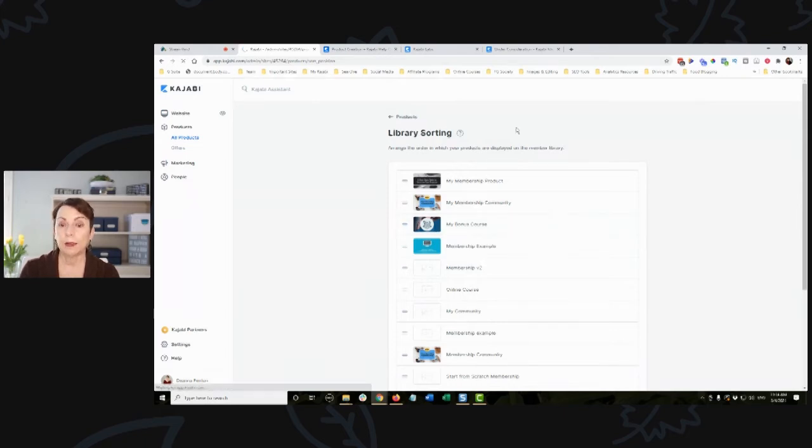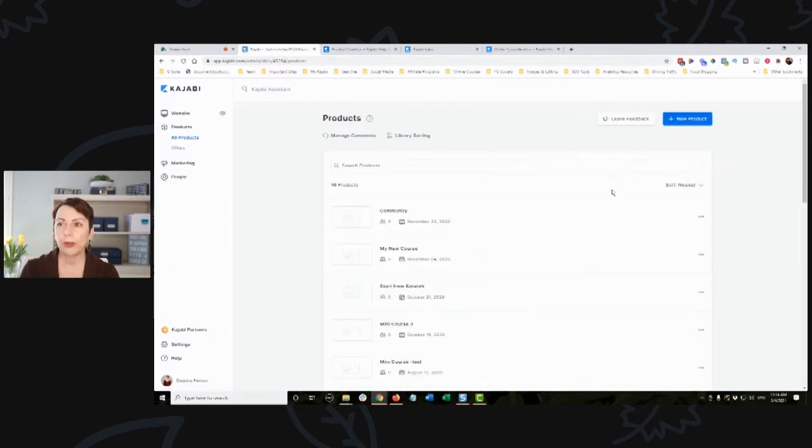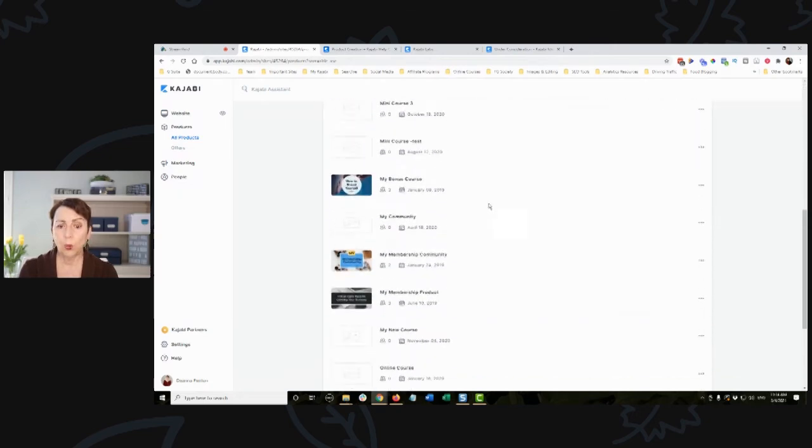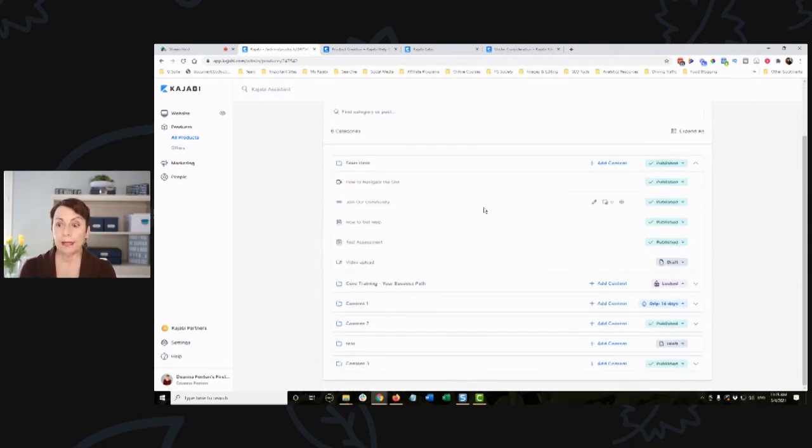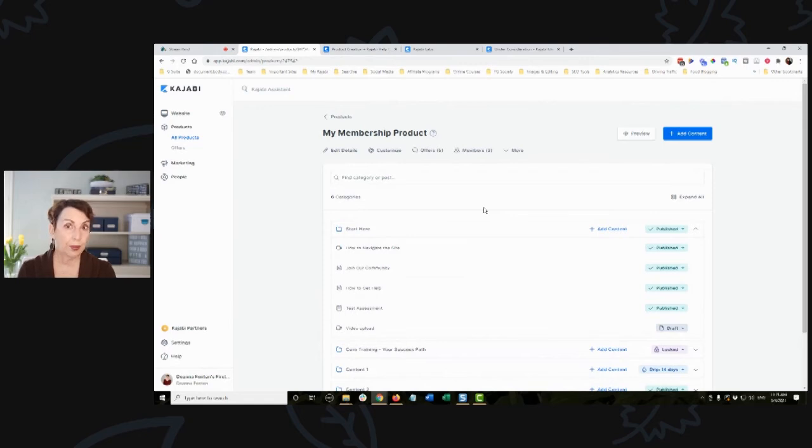And if I go back, again, what we have as well is the ability, when we're going through this, to be able to sort in however it makes the most sense for us. Either newest, oldest, recently updated, A to Z, whatever works best for you. So I just did A to Z, for example. Now this is what is also interesting. So I would click on this product now, and this is how I would set up and update the content of my product. And you can see it looks quite a bit different than the old version.